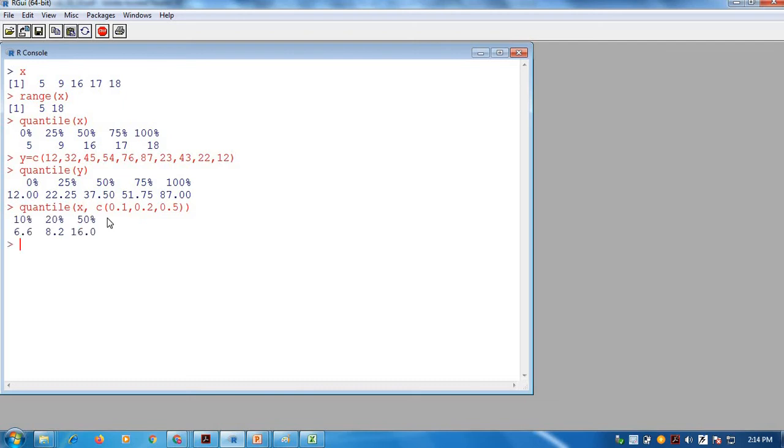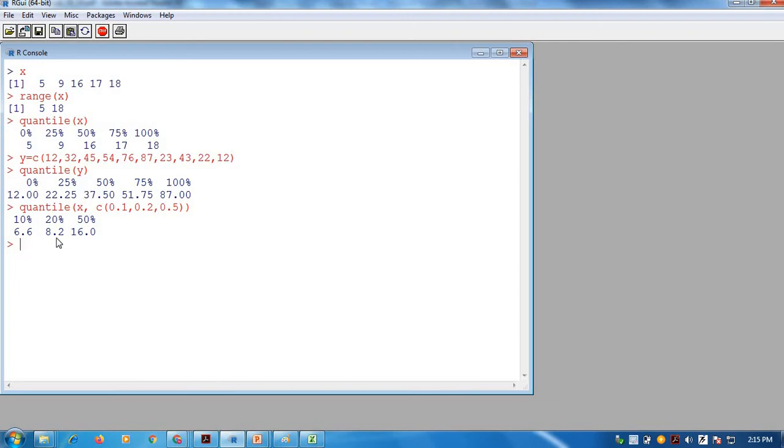Here the values are like this. At the 10 percentile you will get 6.6, at the 20 percentile 8.2, and at the 50 percentile you will get 16. You can check here, I have used x. x has the values 5, 9, 16, 17, 18, and at the 50 percentile you are getting 16, that is, half of the values are below this.